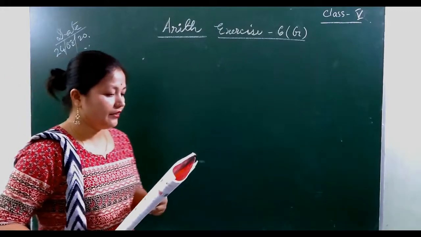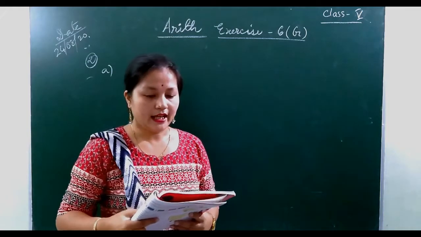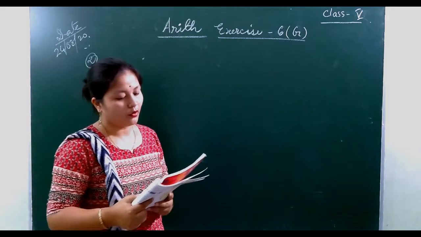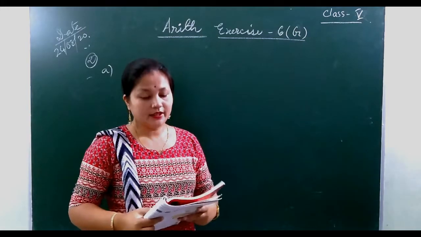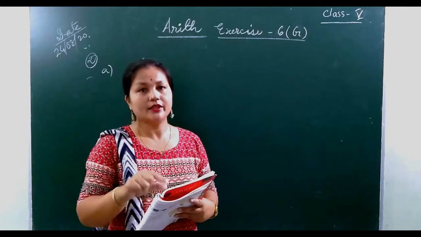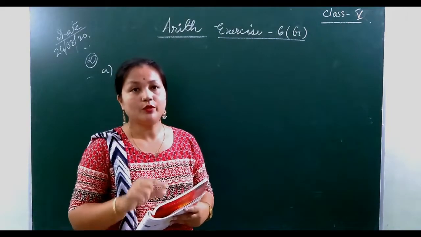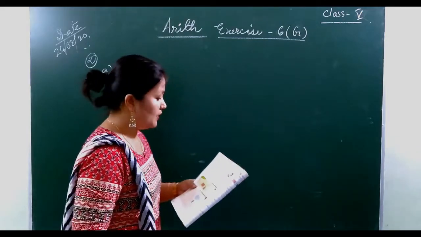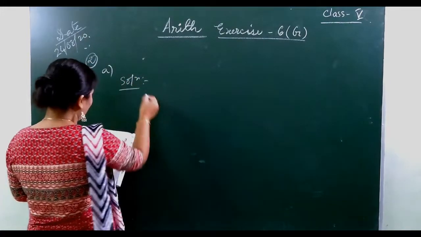So you can see here, Vedika spent half of her pocket money on a movie and 1/4 on a new pen. What fraction of her total pocket money did she spend? So she spent half of her pocket money and then 1/4 on the new pen. So this part she has spent, and how much she has left. So this one we have to add first, then only we can say that this much she has spent. So we have to find out how much she has spent. So question number 2A, you can add directly.